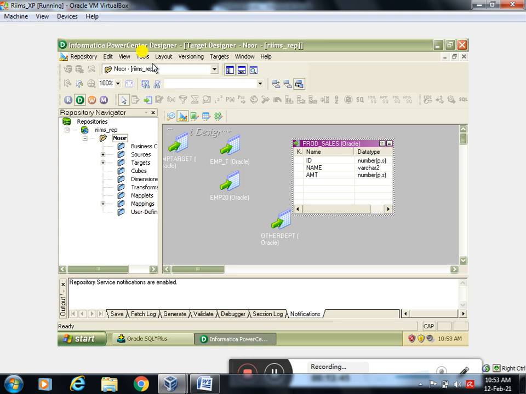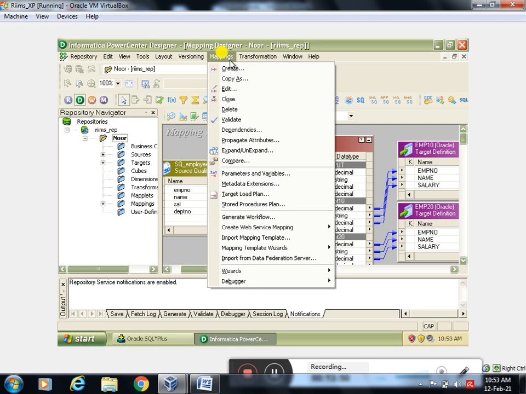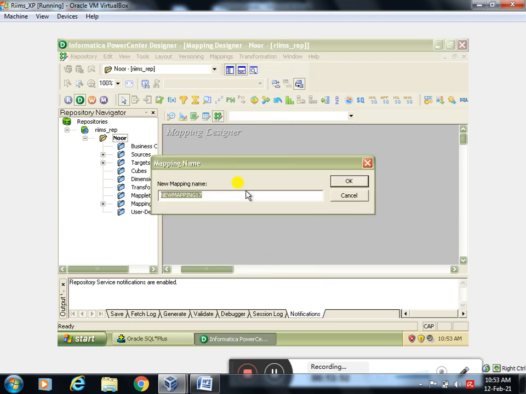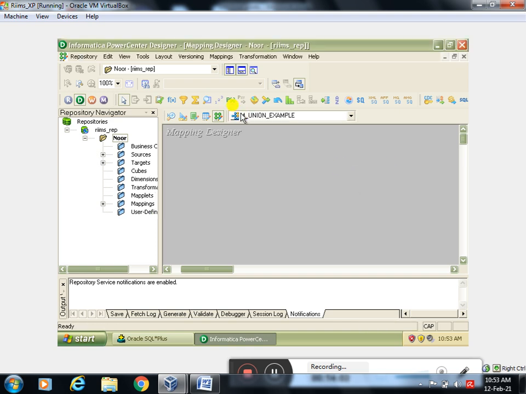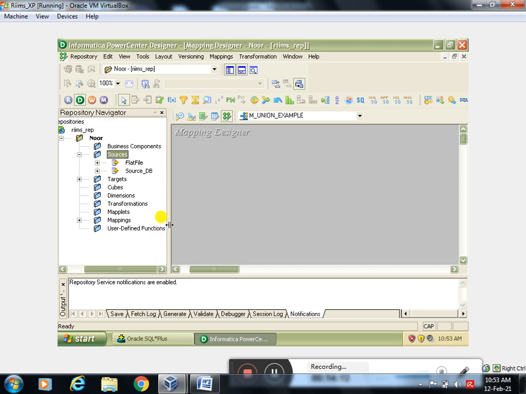Now, next step, tools, mapping designer, mapping, create, mapping name m_union. Okay, union, I will type like this, union example. So next, sources, under sources, source DB.